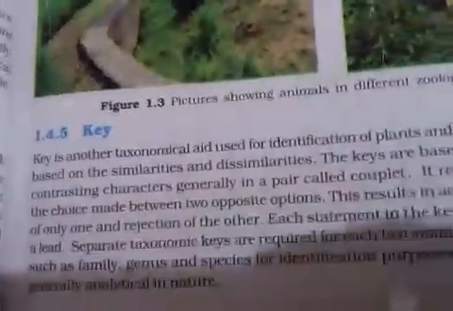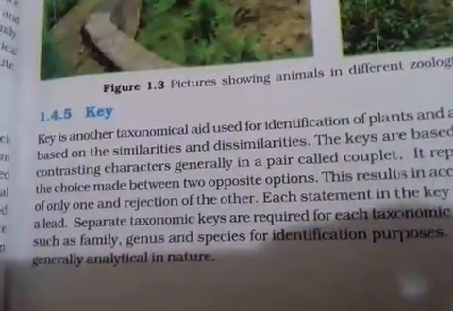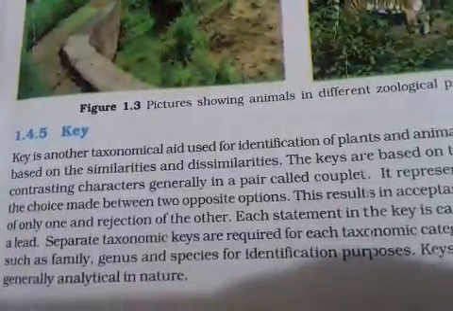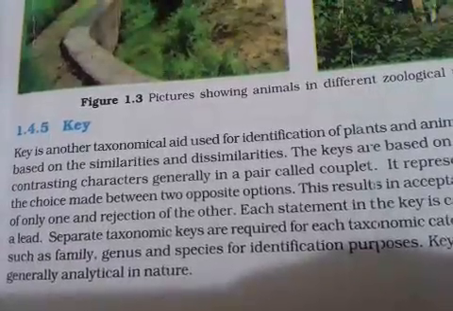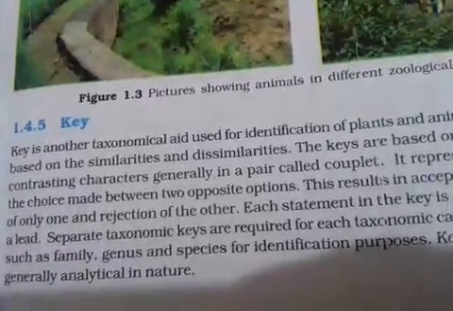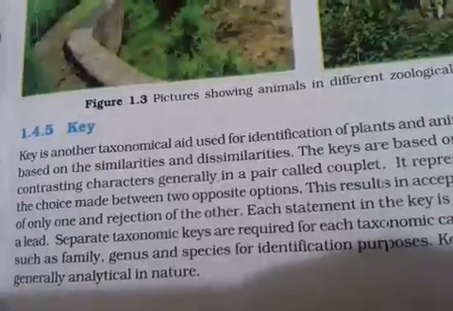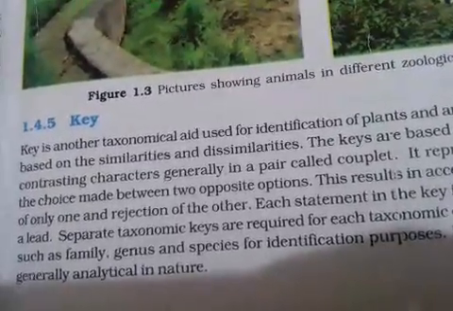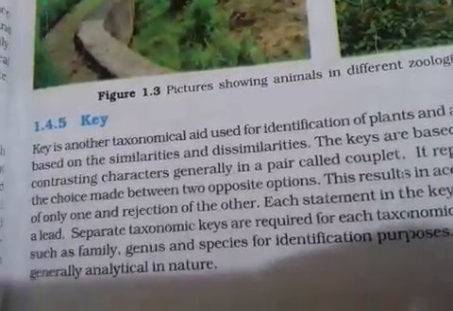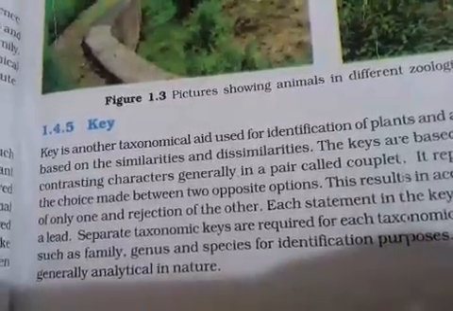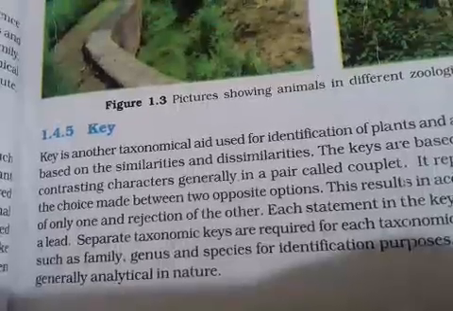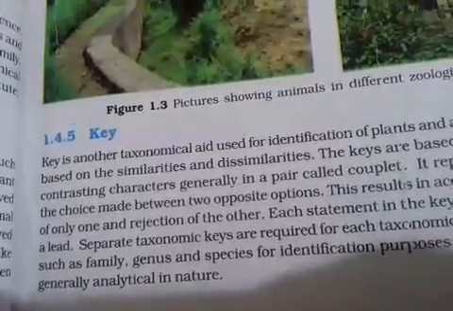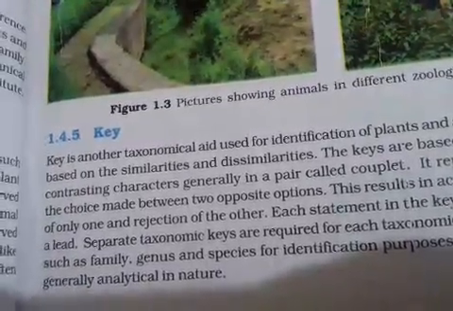Next are the taxonomic keys. Taxonomic keys are not specimens; they are a kind of identification key. Keys means certain characters, for example, if they have wings, if they have no wings, if they have this color, or that color. This means two contrasting characters are selected, and on that basis classification is done in sequence. Keys are of many types, for example, indented keys, bracketed keys, point keys, step keys.